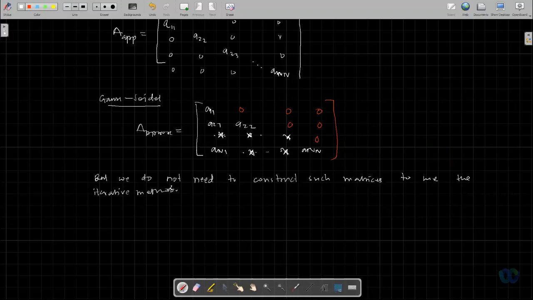So how do you do this? We mainly need to know the residual. This is very important. We need to know the residual, and residual is defined as